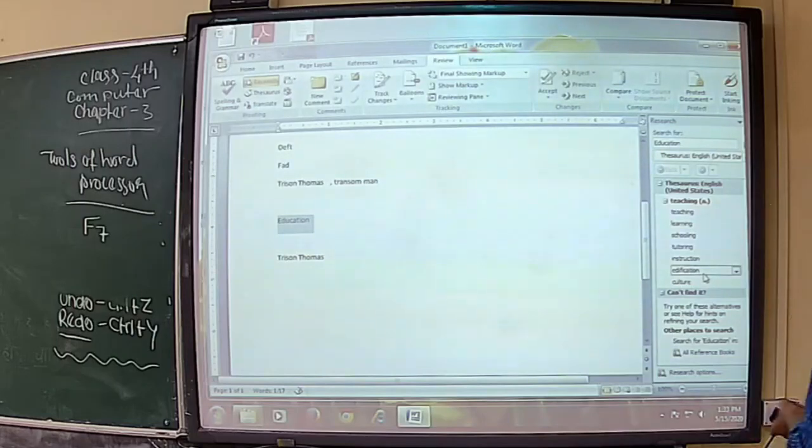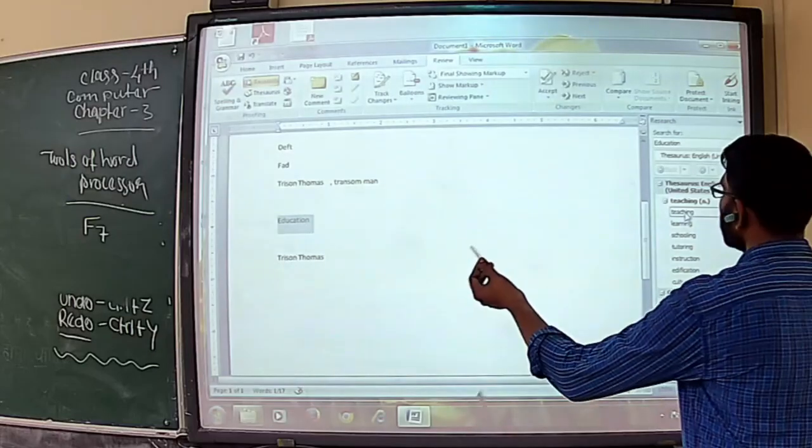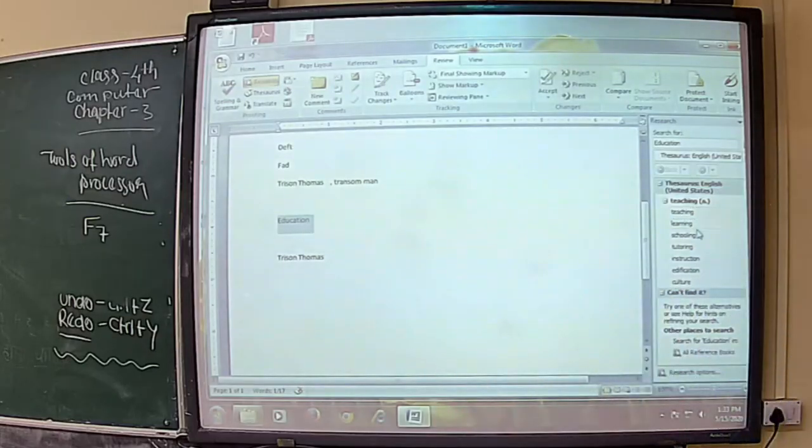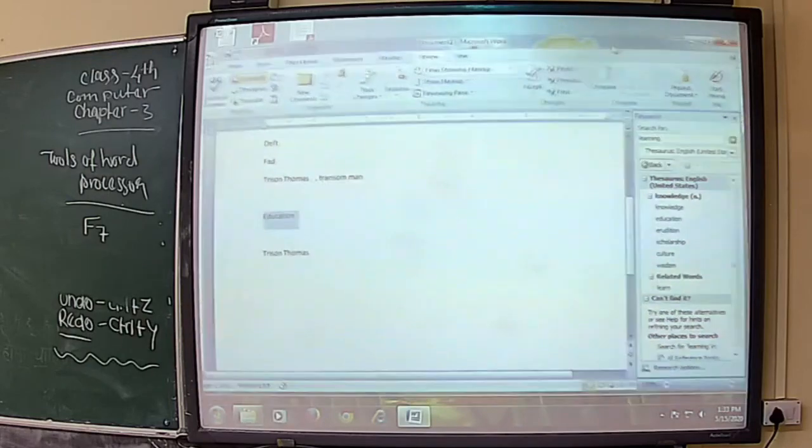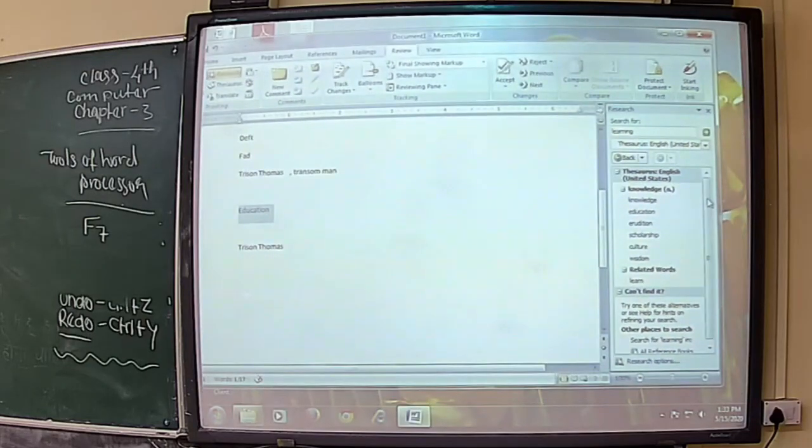So we can choose the right word for education, whichever you like. So I choose learning. Education means learning. Once I select that word, then click the insert option. Clear?